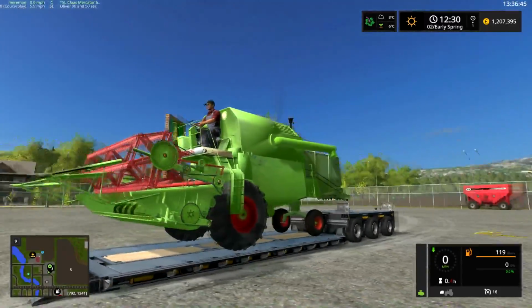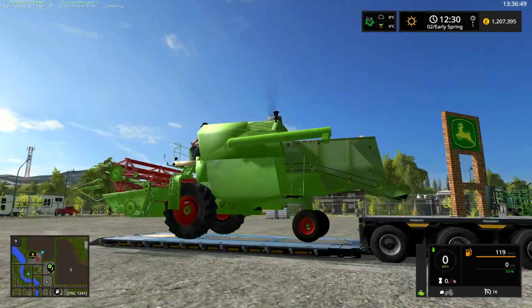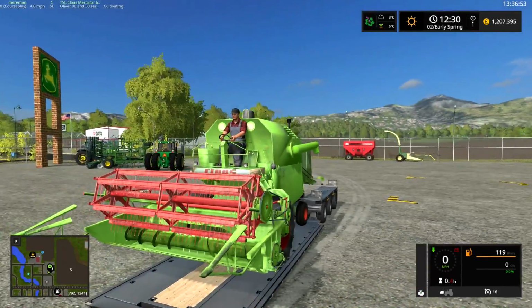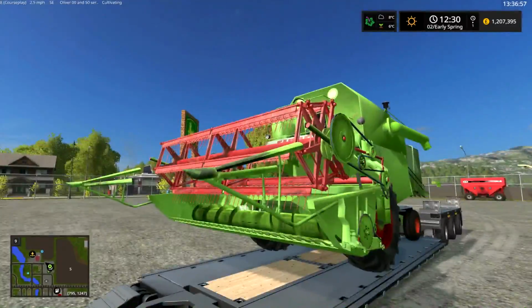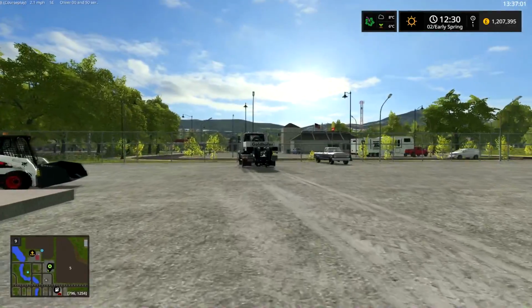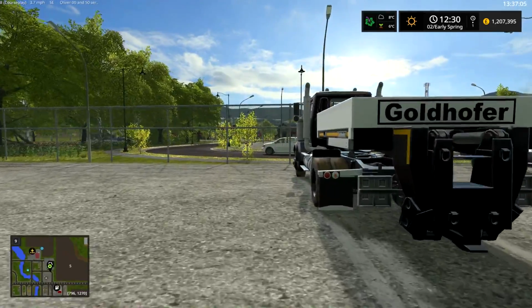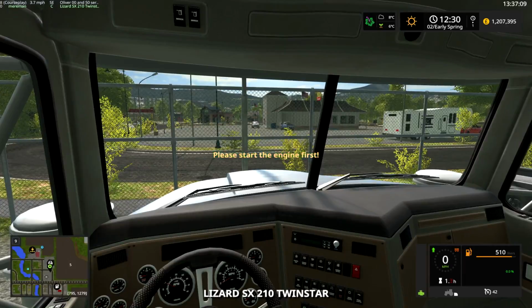Are we fully on? I think we may not be, and I don't think we can get any further back. No, we can't get any further back. We'll see what happens, shall we? Don't think I'm quite going to make it, but if we can, I'm going to extend the bed a bit. As I say, I'm not even going to attempt to back on here because